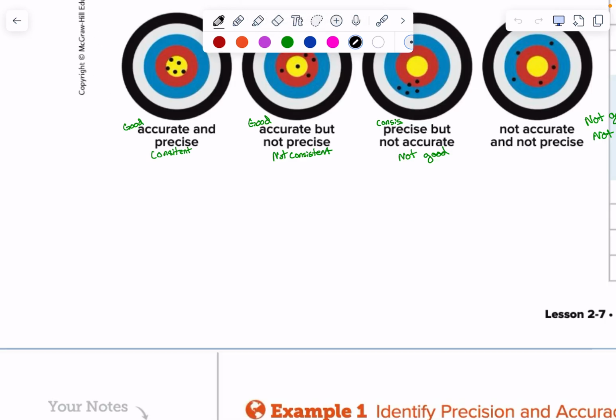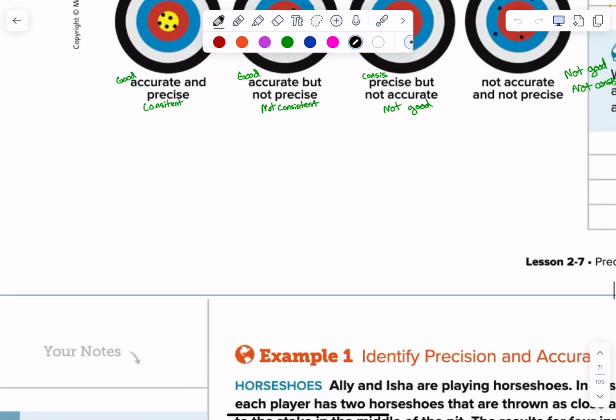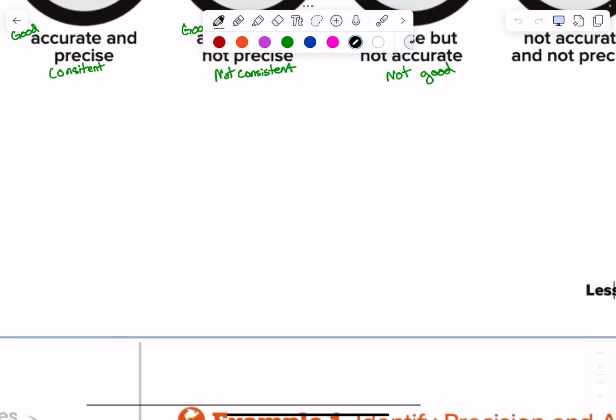Hey, Anna, we did not finish notes from yesterday for 2.7, so we're going to finish that today. I'm going to recap just a little bit before we do our last example, example 3, about precision